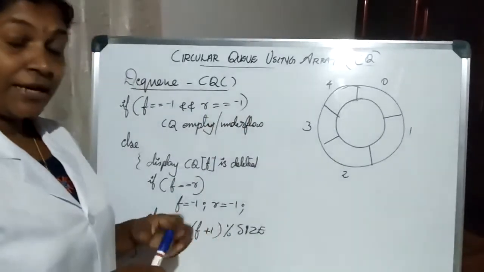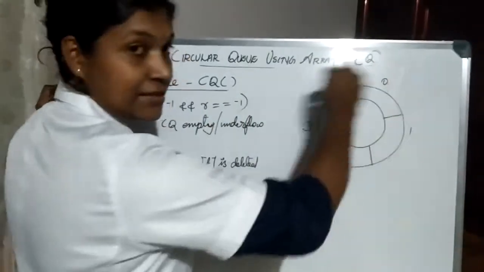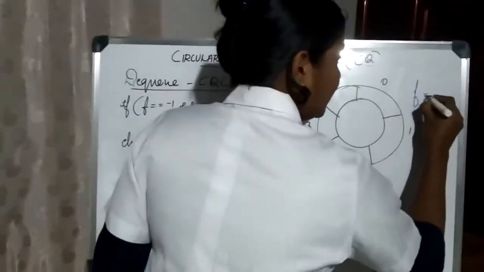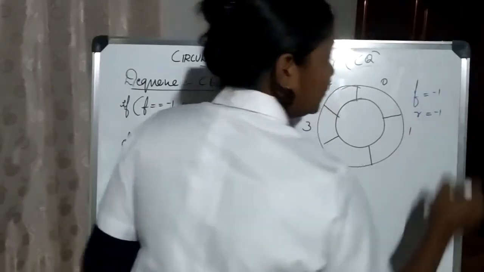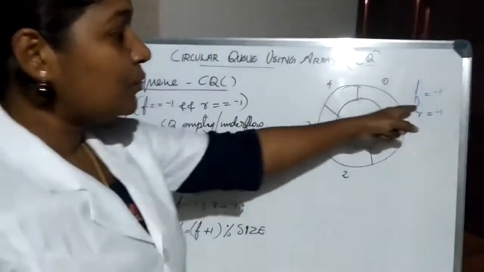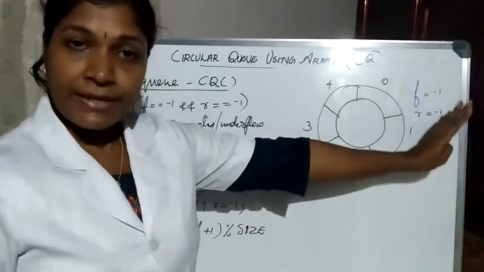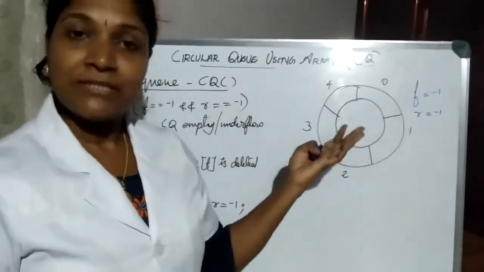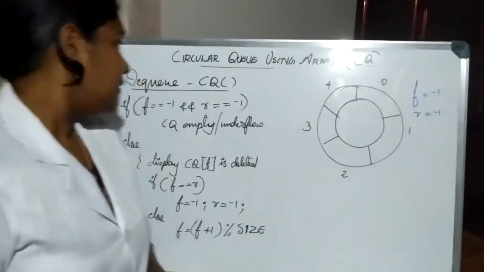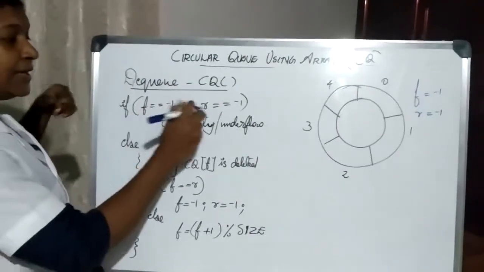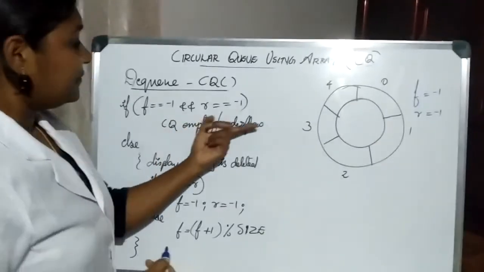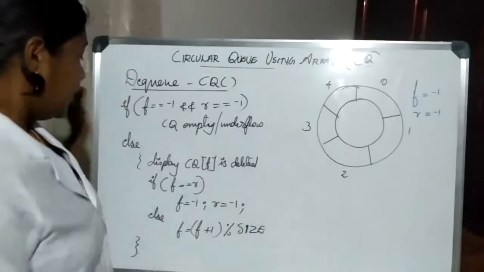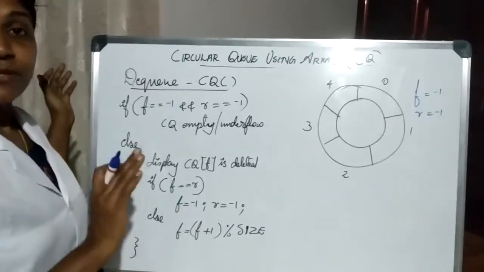And what is the condition for an empty circular queue? This is an empty circular queue. And where are the front and rear pointers pointing? We know front is pointing to -1 and rear is pointing to -1, because right now they have no role in this array. Initially we are setting their value to -1. So first we check if f is equal to -1 and r is equal to -1. Then we can display that the CQ is empty, or circular queue underflow. Else means DQ is possible anyway.